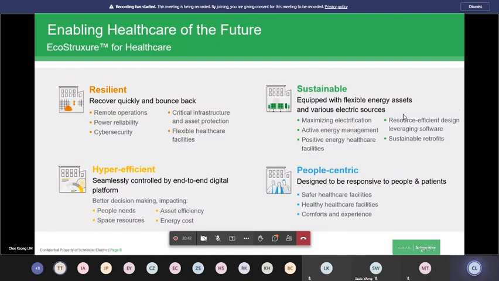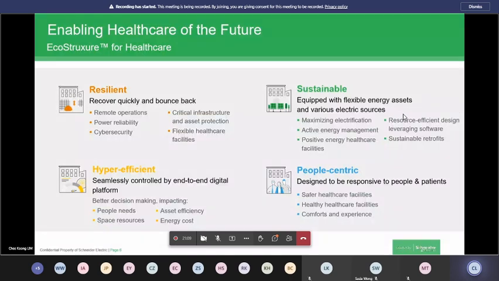The next thing is we are looking at hyper efficiency. The system has to be hyper efficient. I don't really have to explain too much because most of us know that in a hospital environment, especially in the critical environment, when we talk about laboratories, ICU, operating theater, no system can fail because any glitch in the system will probably result in the loss of life. And that is something that in any healthcare facility, you cannot have.